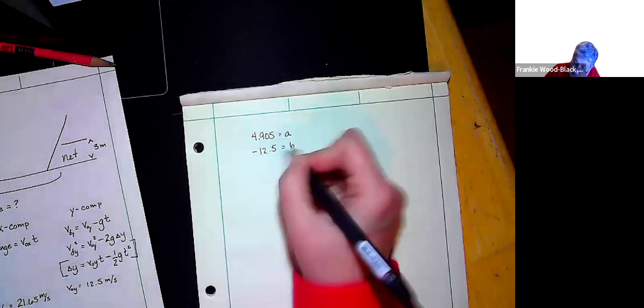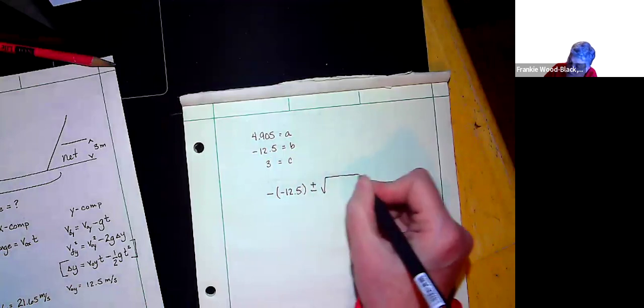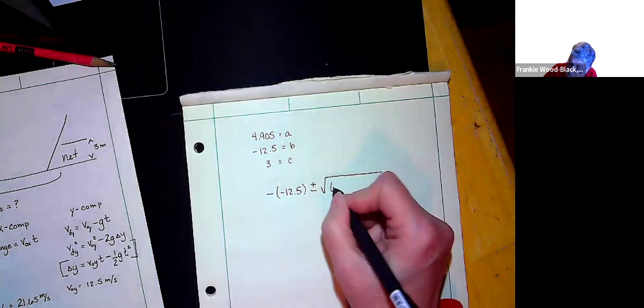So I'm going to have my 4.905 is equal to a. My negative 12.5 is equal to b. And 3 is equal to c. So I'm going to have minus 12.5 plus or minus the square root of negative 12.5 squared